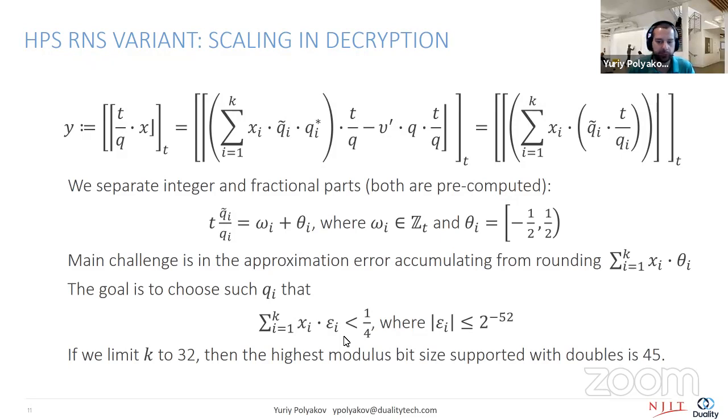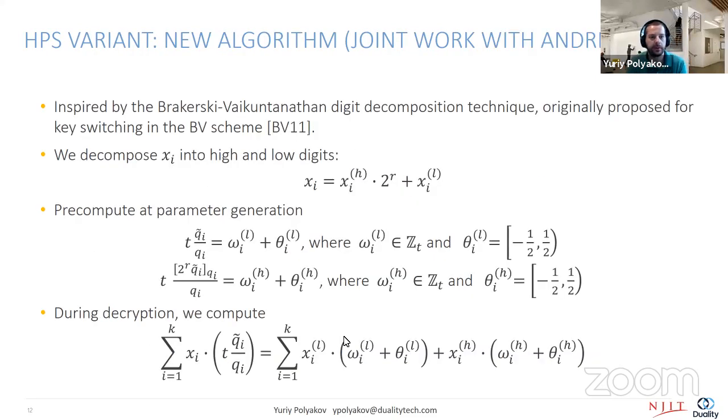And just for the case of doubles, we can restrict this epsilon i to something to the power of minus 52, since that's natively available. And if we restrict k, which is how many small moduli we use in the large modulus, to 32, then the highest modulus bit size that we can support with doubles is 45. If we need something higher, and 60-bit moduli are preferred, for instance, in BFV implementations, we need to use either long doubles or quad floats. So the first new algorithm presented in this talk is